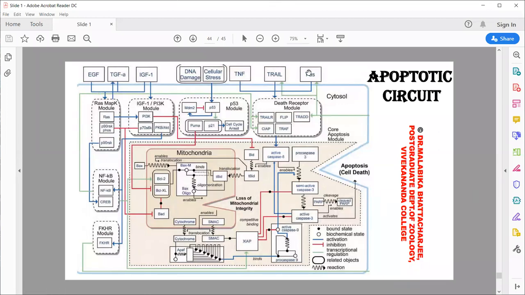When you get time, just see the pictures and check the known proteins, check where they are found. So when death is initiated in a cell, it is not one or two pathways, it's multiple pathways where there is constant crosstalk between the pathways to ensure that the cell undergoes a complete apoptotic death. So with this, I have summarized apoptosis.